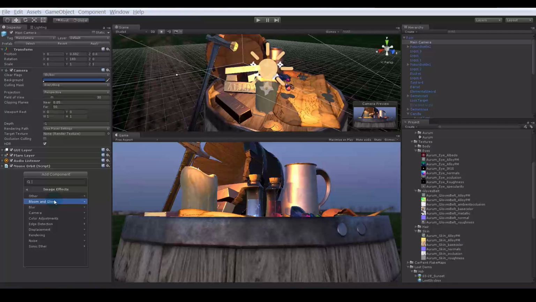Remember, when you're putting image effects on a camera, the ordering is very important, and you always want the image effects that need to occur in HDR to go on first. And so that's going to be things like bloom, that's going to be things such as certain types of SSAO. I've got an